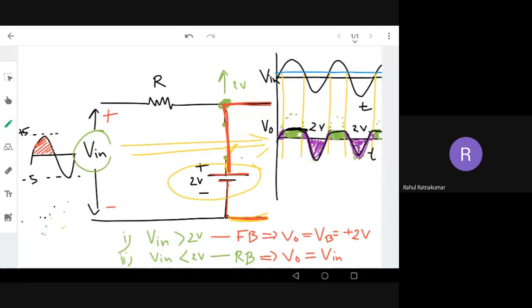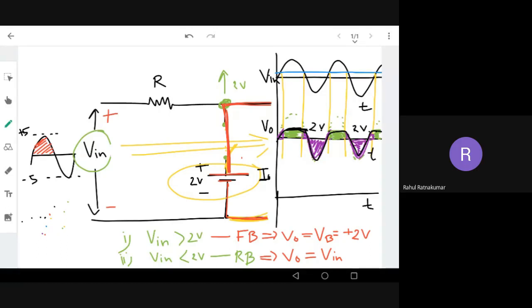Saturated at 2 volt. Okay. Now the question is how to draw the V in versus V out. V in, and now better we can draw the current waveform also. Let's draw the current waveform at the bottom, with respect to time. I out, or I, because current is always through this diode or the output path. So what is the I out versus time, or I versus time?